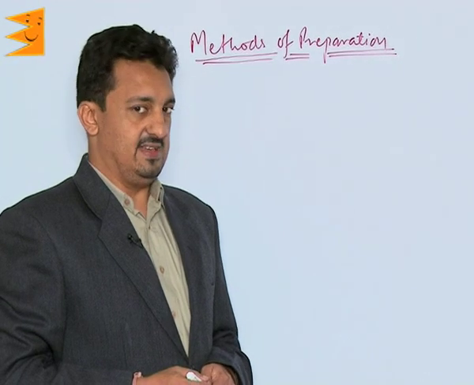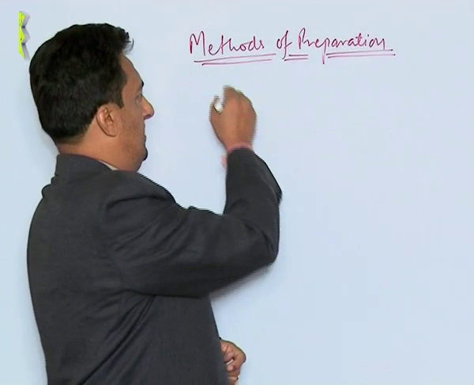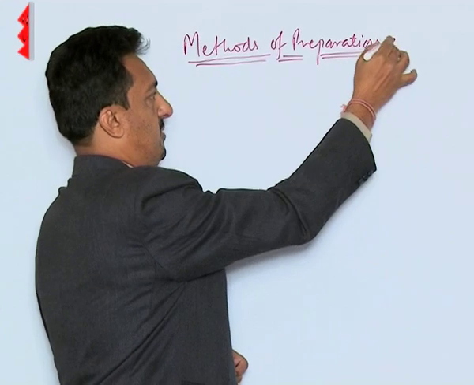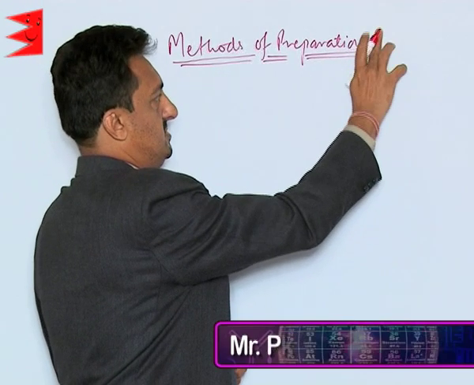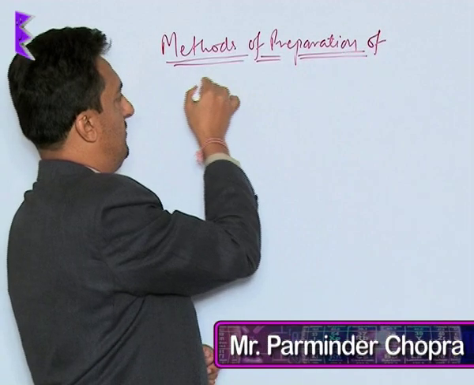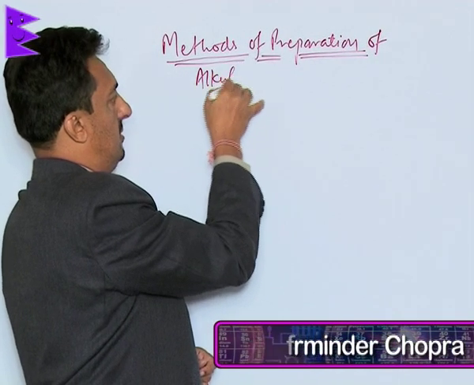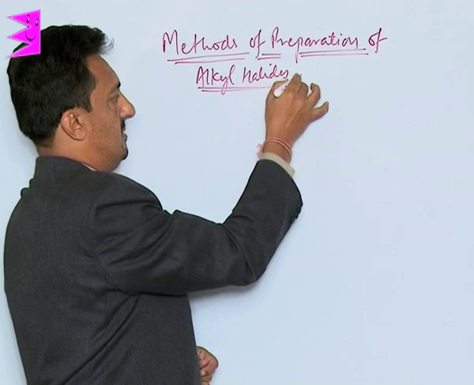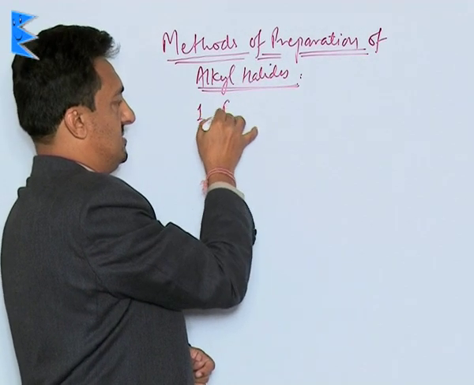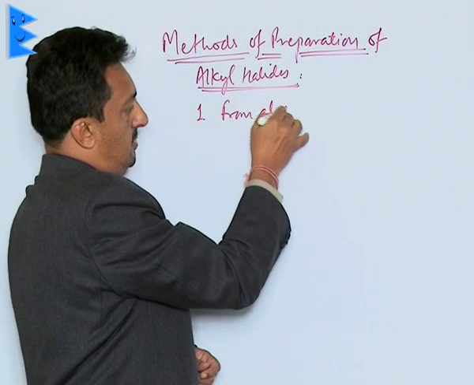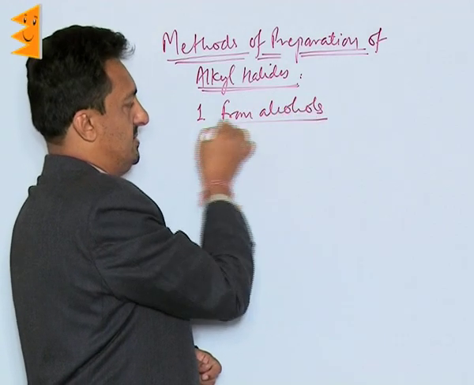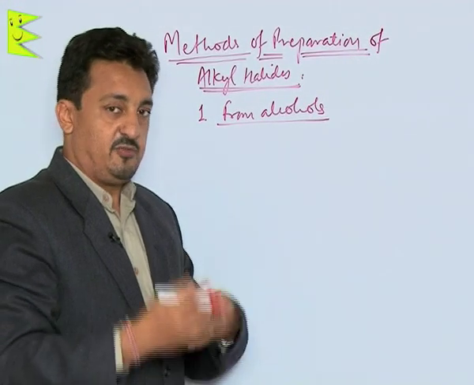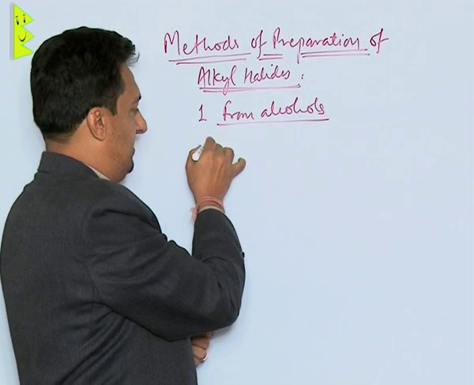Preparation of alkyl halides. Let me put up here the methods of preparation of alkyl halides. The first method is from alcohols. Now, from alcohols we can prepare them by many different ways, like the first one,